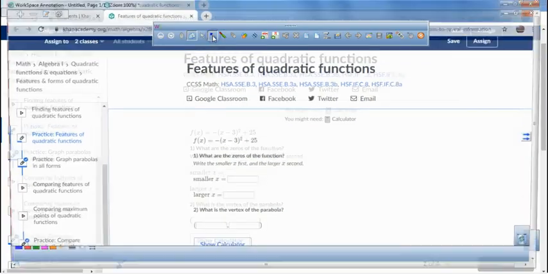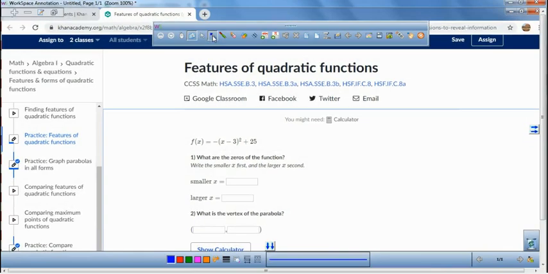Alright, so this video is going to be a little bit harder than the last video. We're going to have to look at different forms and find different things from them. So we have f of x equals negative parentheses x minus 3 squared plus 25. This is vertex form, so we'll easily be able to find our vertex, but we'll have to work through to